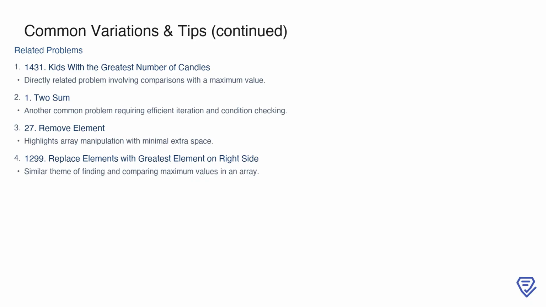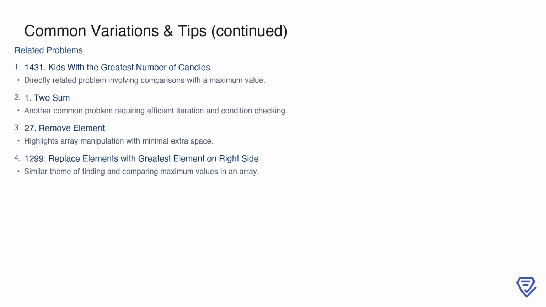Another related problem is Two Sum, which involves efficient iteration and meeting specific conditions, often under time constraints. Remove Element is another example, focusing on array manipulation with minimal extra space, which is a useful skill in scenarios requiring in-place modifications. Finally, Replace Elements with Greatest Element on Right Side also revolves around identifying maximum values, but with a twist: it requires working from the right side of the array instead of the left. Practicing these problems will deepen your understanding of array manipulation and comparisons, helping you build a strong foundation for similar